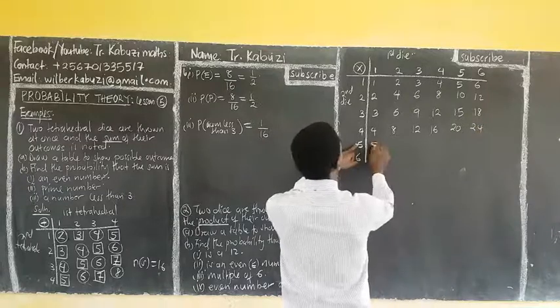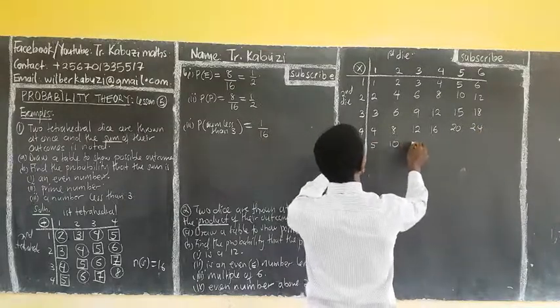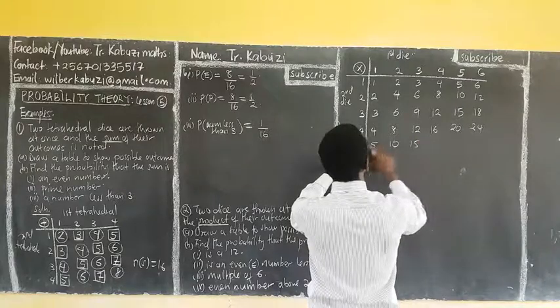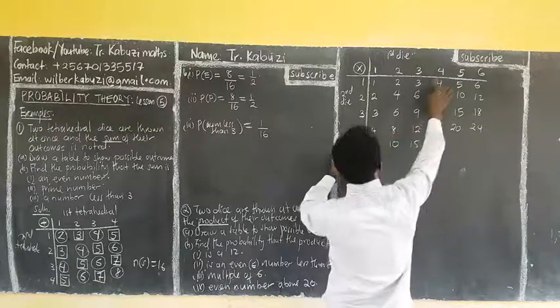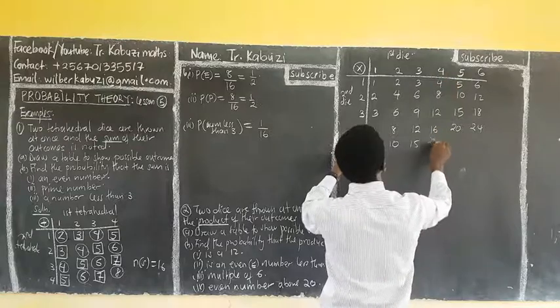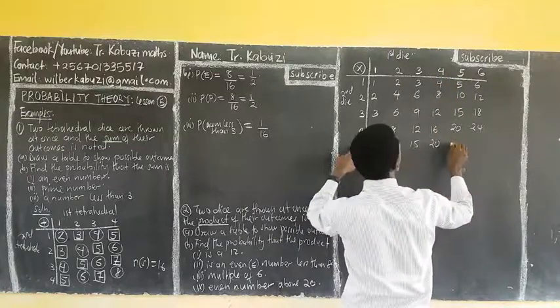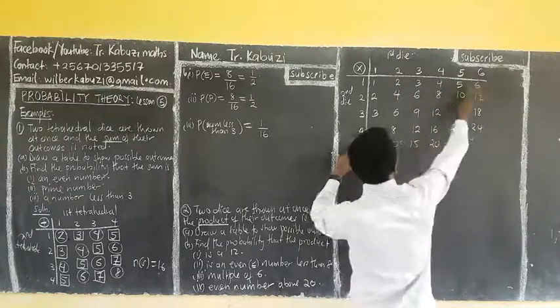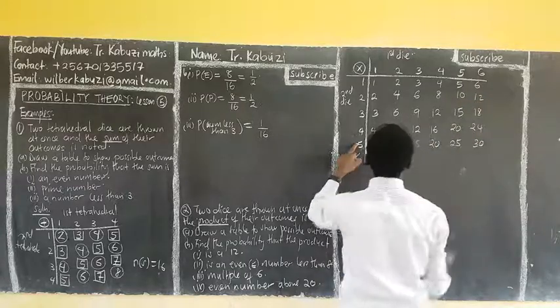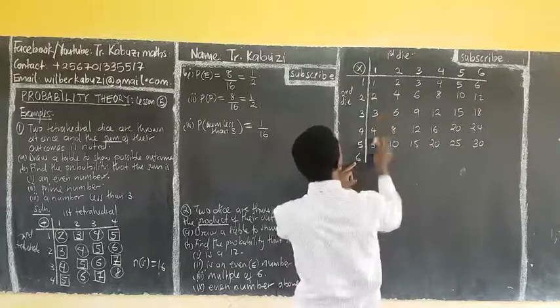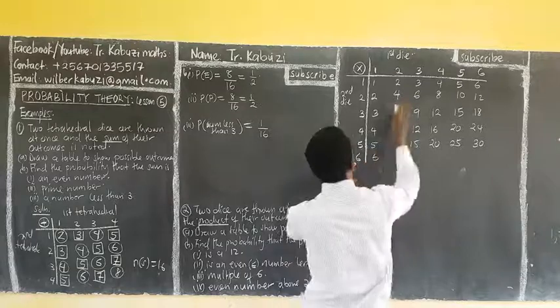This one is 5, 10, 15, then 20, 5 times 5 is 25, then 5 times this, you get 30. Then 6 times 1, 6, 6 times 2,